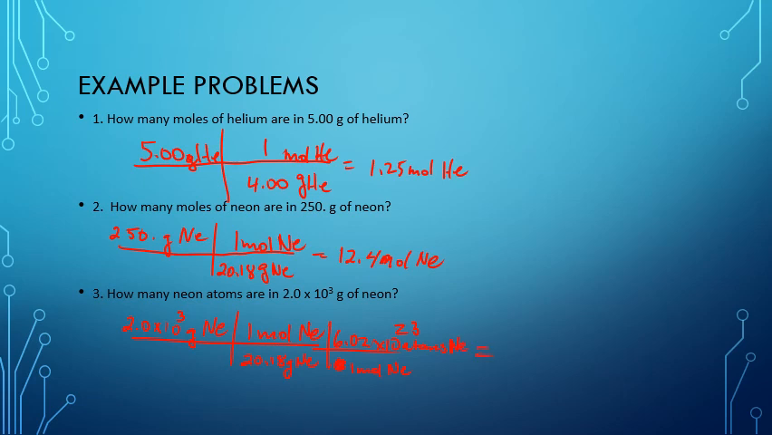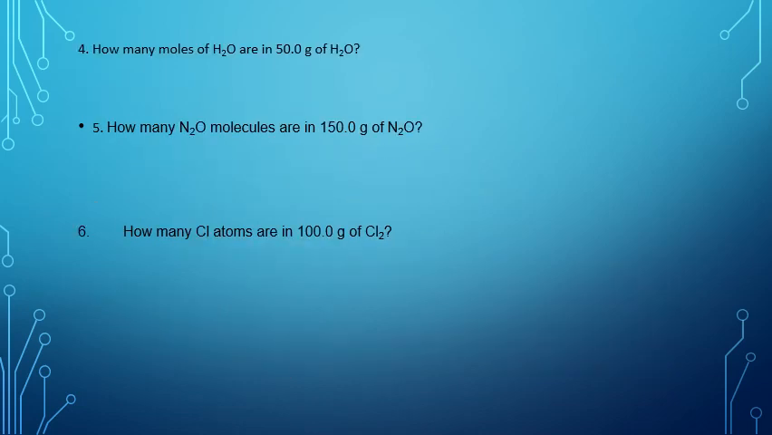So when I type that in, that gives us an answer of 6.0 times 10 to the 25th atoms of neon. Two significant figures. So the next three, I want you guys to pause the video and try yourself. And now we're going to go through the answers. So we have, in this first example,